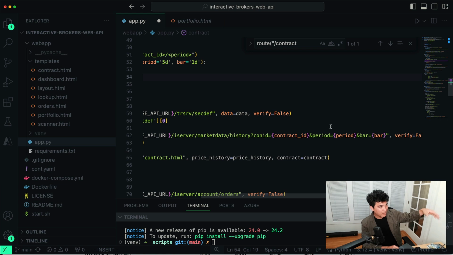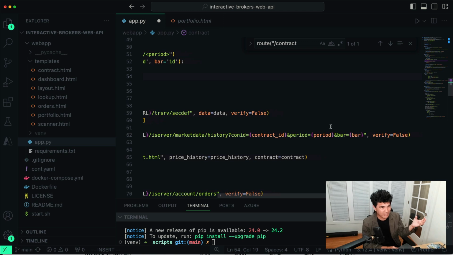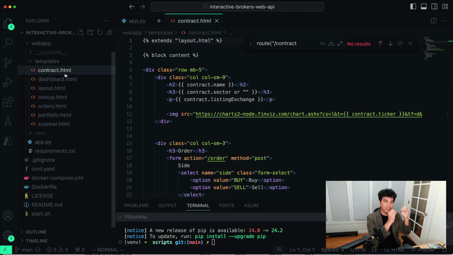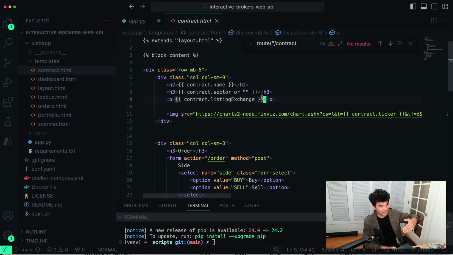We're basically just wrapping these Interactive Brokers REST API functions with a Flask route and then defining some logic in there and then just massaging this data and presenting it in a way that's user-friendly instead of just a command line, right? And then I render a template after I get my price history, pass the data I need, and then we have this clean separation of the logic that is requesting the data and the presentation layer, which is what displays